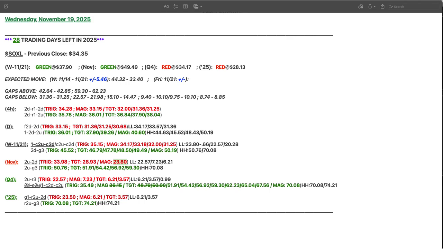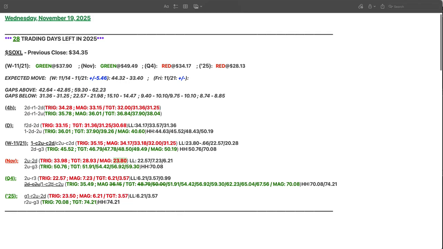Right now, from the quarter perspective, we triggered and completed the 2 down combo 2 up by reaching that 36.15, and by reaching that 36.15, we did trigger the 1 combo 2 down, combo 2 up. But because we are no longer above that 36.15 level, we're no longer in force, so this is no longer bold, right? It's just underlined right now to remind us that it did trigger. And so we want to continue to watch out for that,